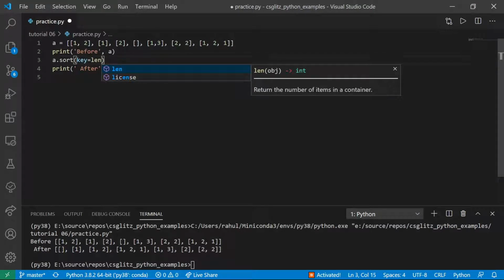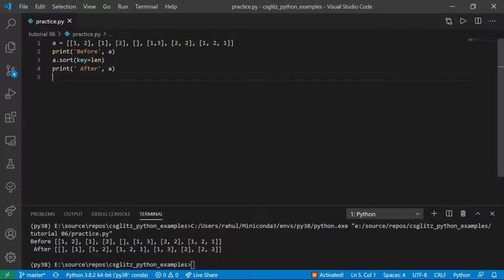Now, it is sorting lists based on the result of the length function. Instead of actual values, they are sorted in the increasing order of length.